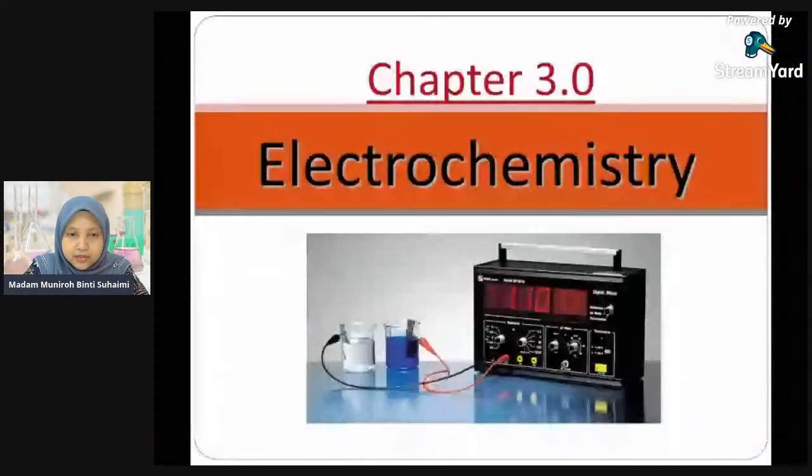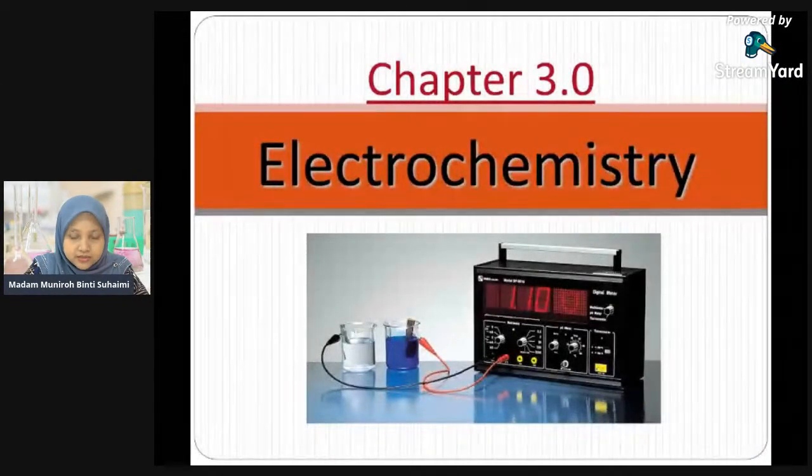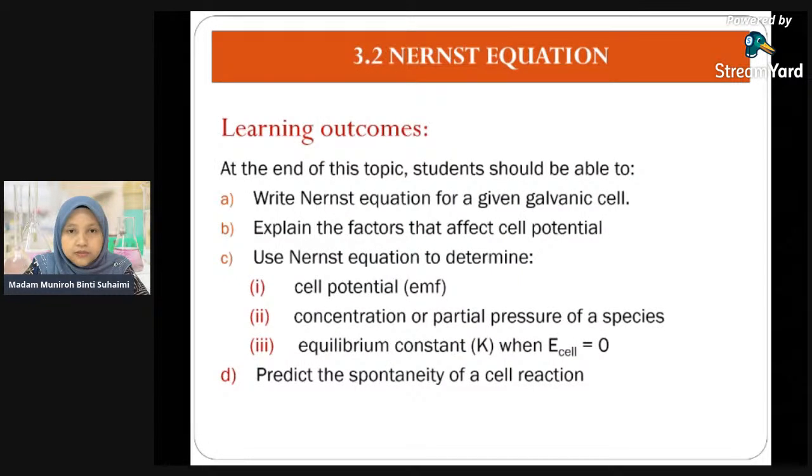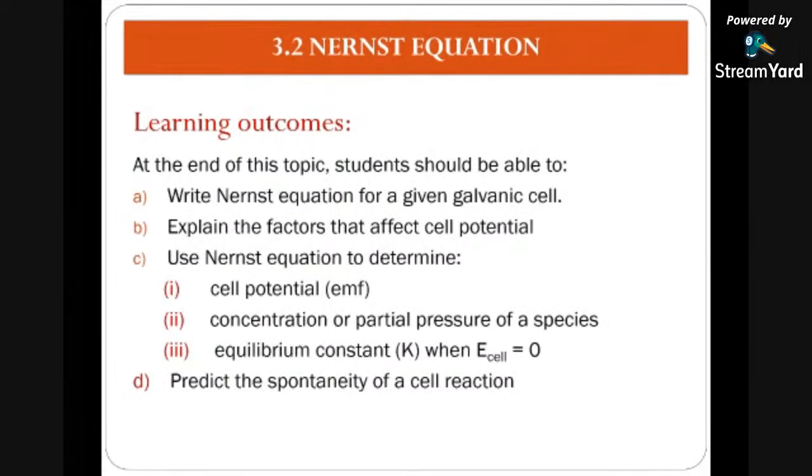Today we are going to discuss chapter 3, which is electrochemistry. For today, we are going to discuss subtopic 3.2, which is the Nernst equation. For the learning outcome, at the end of this topic, students should be able to, first, write